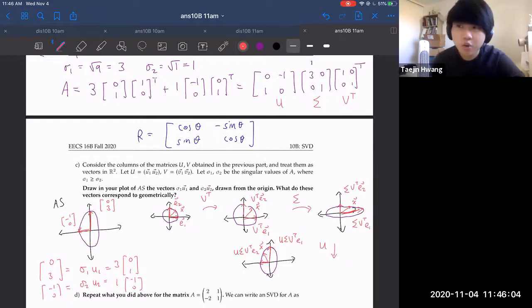I think the main takeaway is that the SVD, the matrix A equals U sigma V transpose, is just rotation, scaling, rotation. Pretty sure you're sick of this by now. So